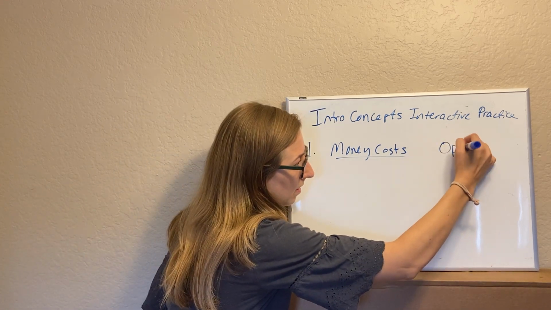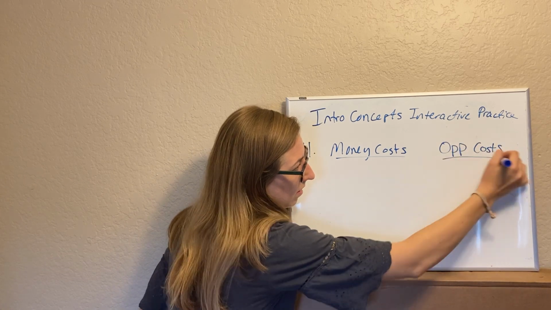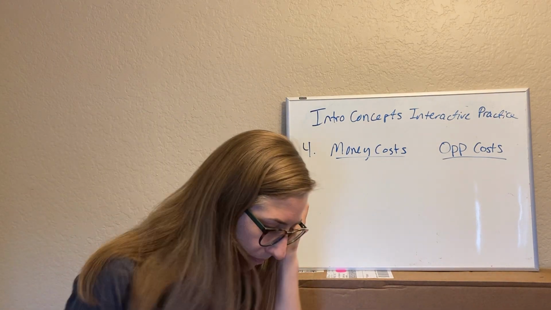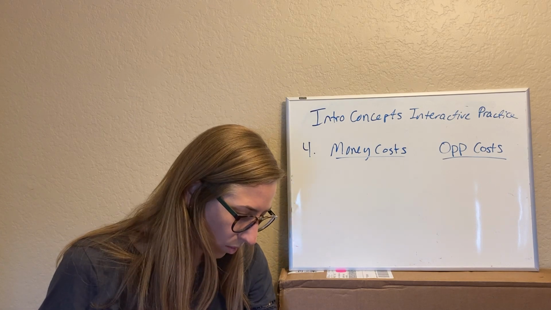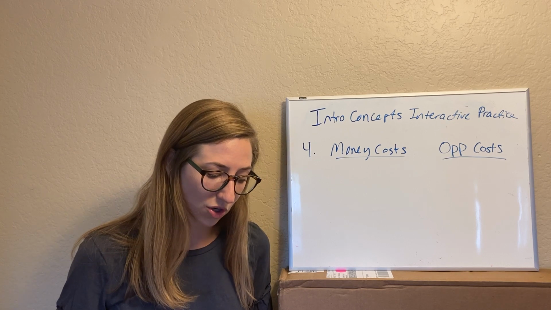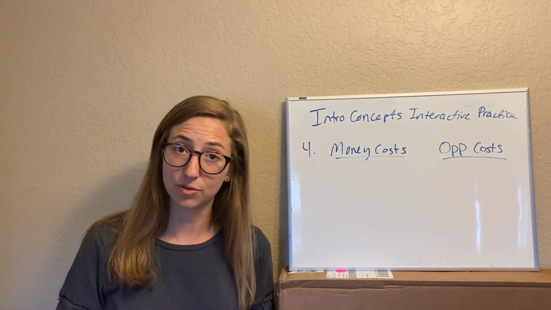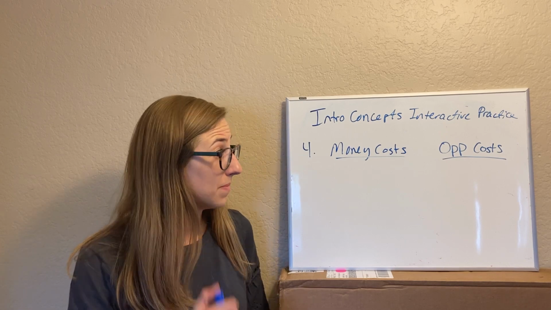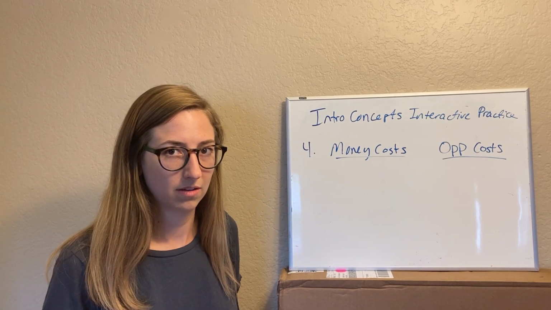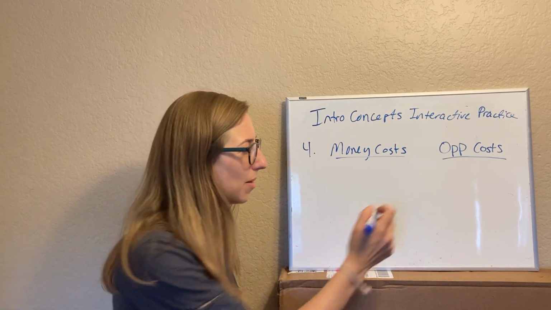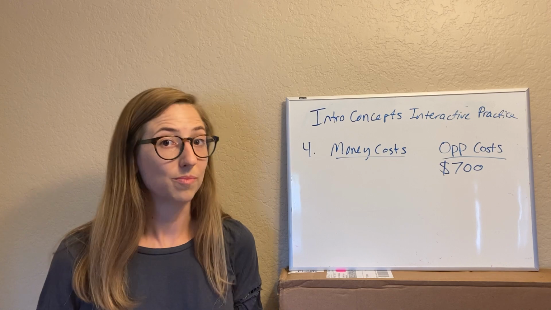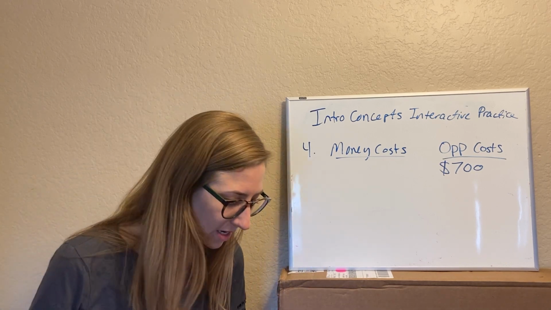Let's take a look. So we see that if she runs her business, then she uses a room in her house as her office. But if she wasn't running the business, she'd be able to rent out that room for $700 a month. So is that $700 money she has to pay, or is it an opportunity cost, a missed benefit? Yeah, it's an opportunity cost. She misses out on those $700 by using this room for her business and not renting out this room. So that's an opportunity cost.